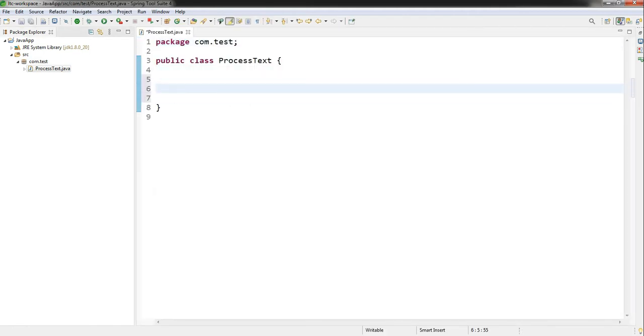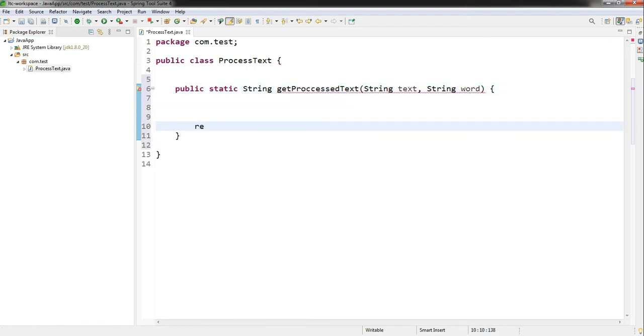In this, I will write one method, public static String getProcessedText, and I will take text and word as input. For the time being, I will return null to keep the compilation error away. So this is the method.